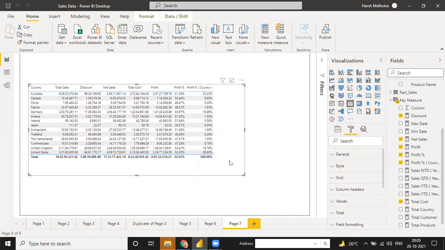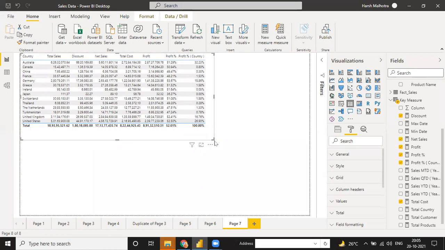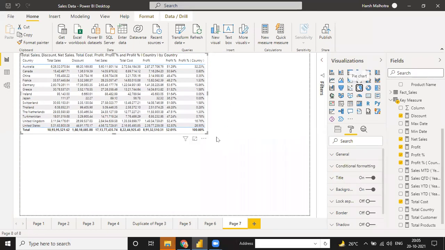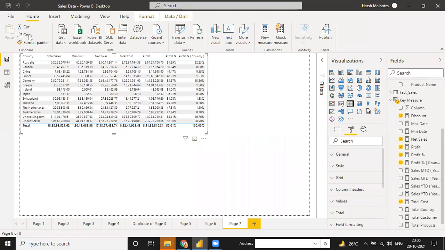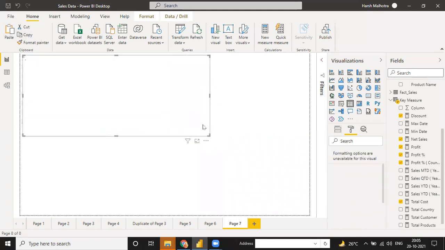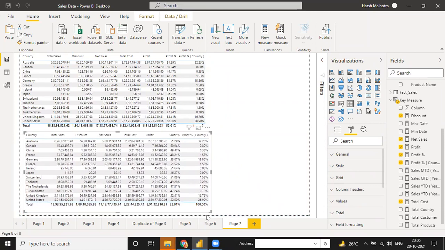So the total is 100%. And for this you can create any of the things, like if I need to create one pie chart, I just click on this. Sorry, you can just go to this table, copy and paste it down. Okay, and you can use your pie chart.